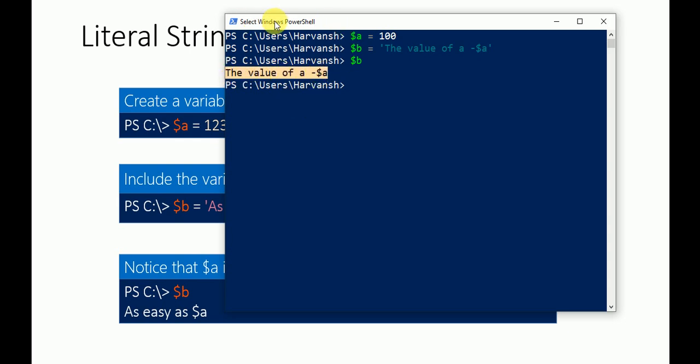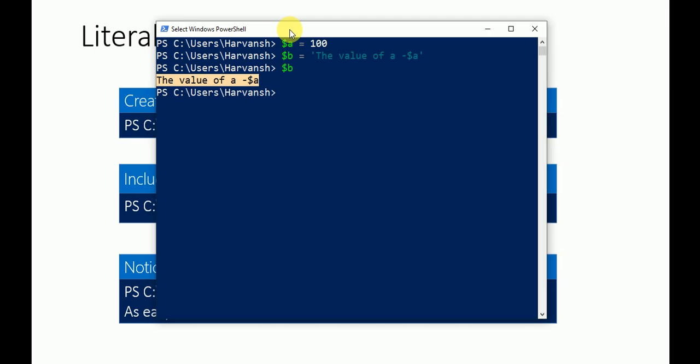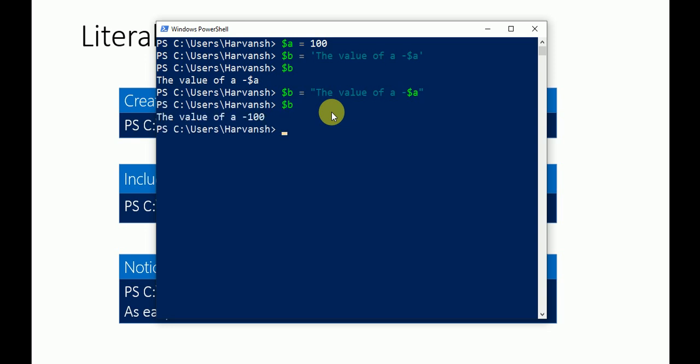So this is a literal string. Here I can make you understand in what situation you can use single quotes and double quotes. Let me make this, sorry, double quotes here, and store the value in the double quotes. Enter, now $B, and you will get the output of the value of $A instead of $A being printed. So if you are using single quotes, the value is not expandable.